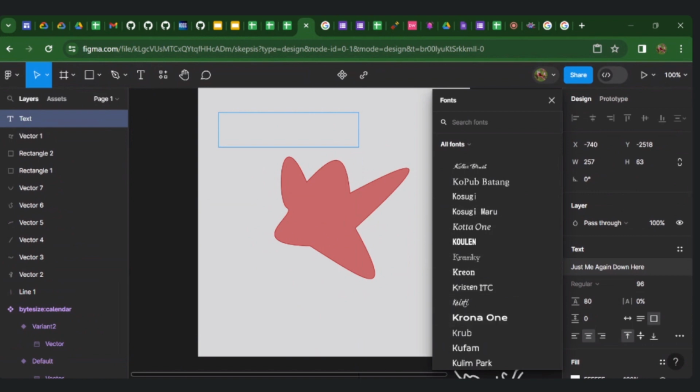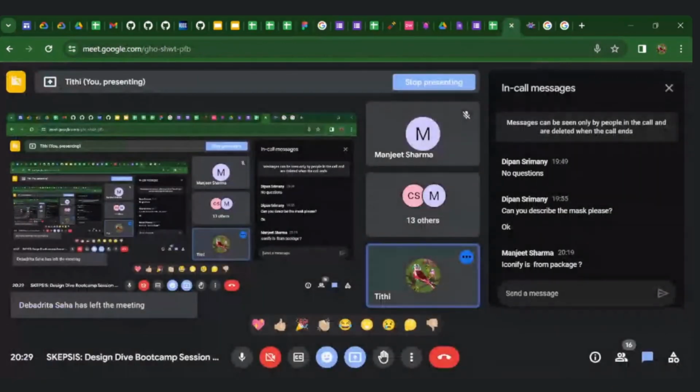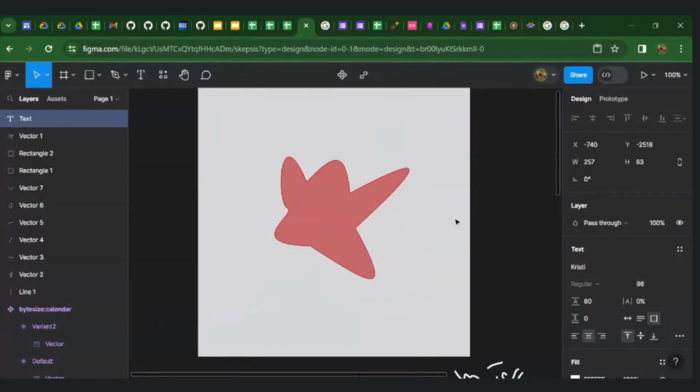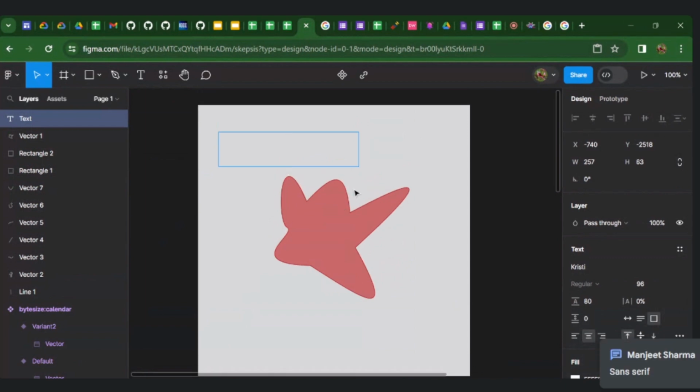Just tell me in the chat box. Okay, let's go with Krish. Let's put in a sample text like